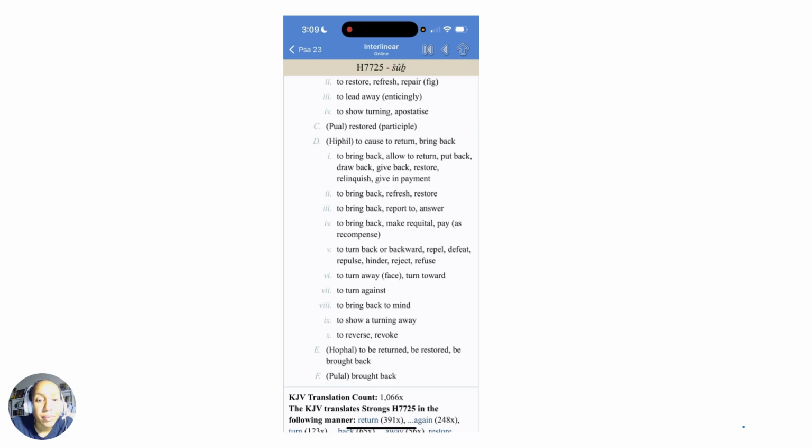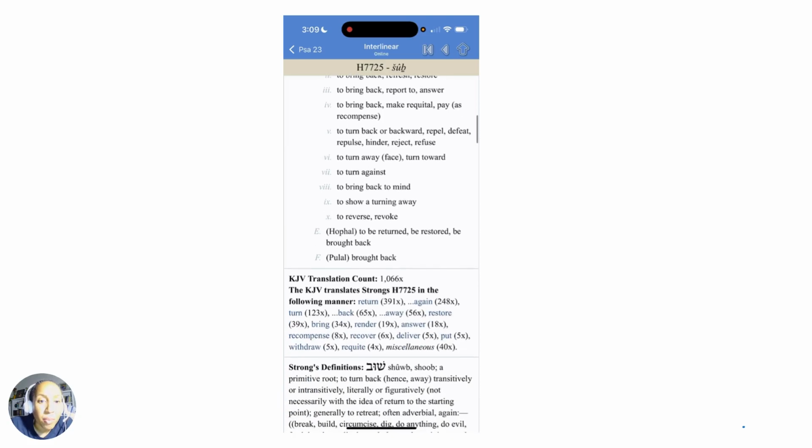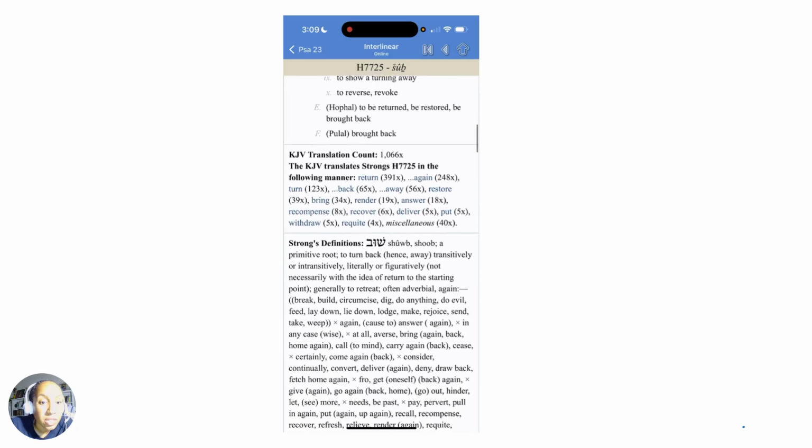So it's important to look at all the various usages of the words in the Bible. And if you scroll down some more, you're going to see other variations of the word, and a lot of times you'll see it based off of the part of speech. You'll also see the translation count, how many times it appears in the Word of God. Let's say you want to do a word study on the word return, which appears 391 times. You can click on that and you'll see all the times return or again or back and turn or restore